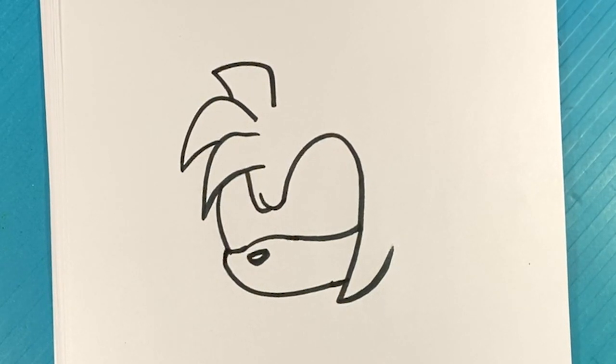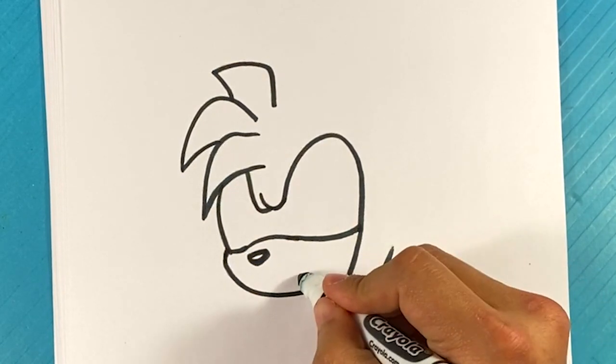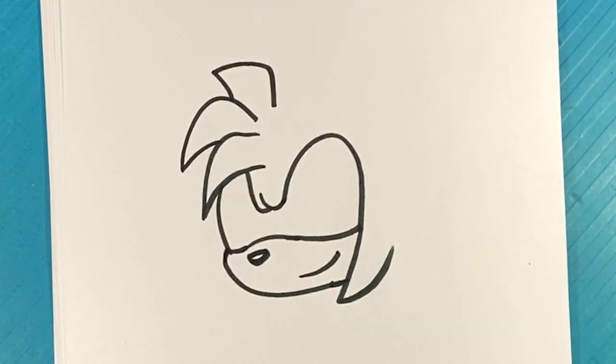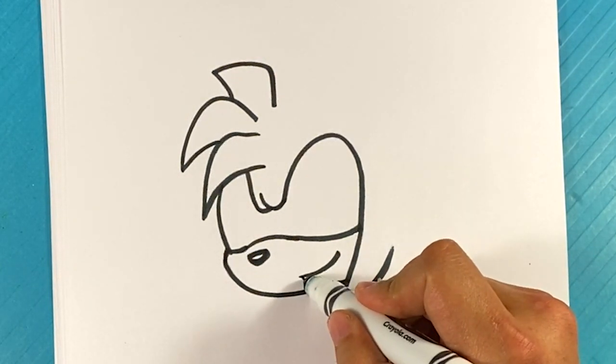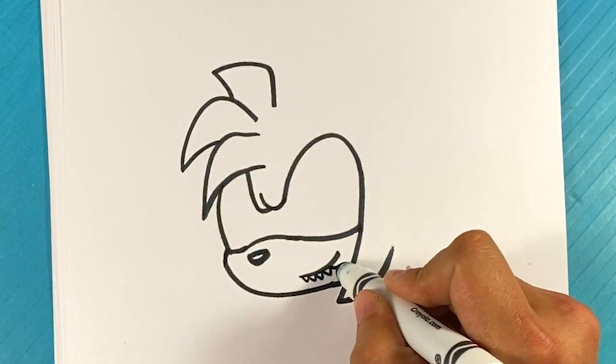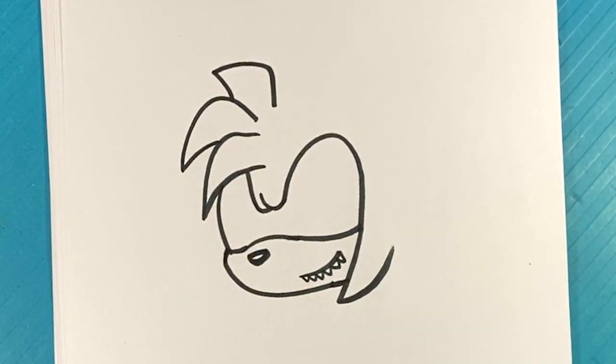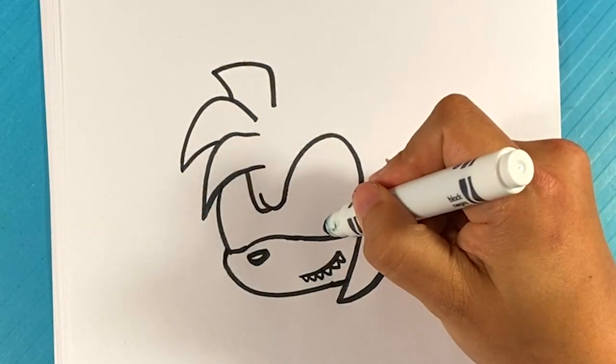Like I said, doesn't matter what you use, by the way. If you use a pencil, pen, doesn't matter. Go over here, and I'm gonna go over here and smile. Or you can put her in a bad mood, either way. I guess what you could do is draw some sharp teeth coming out here, sticking out the bottom. Gonna go over here.